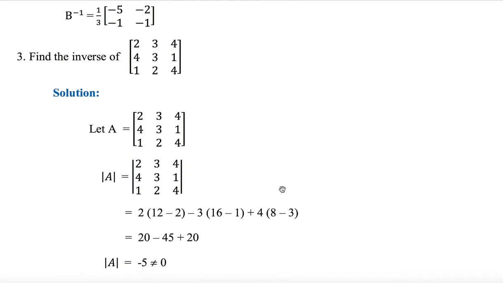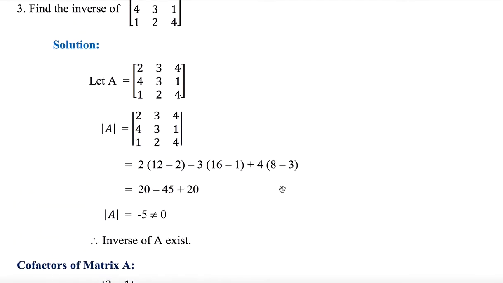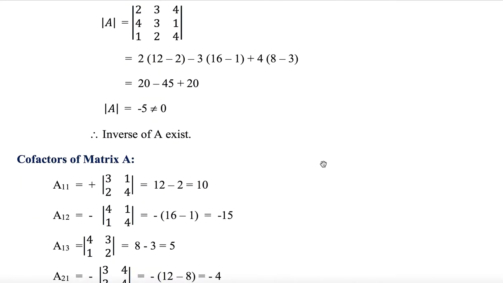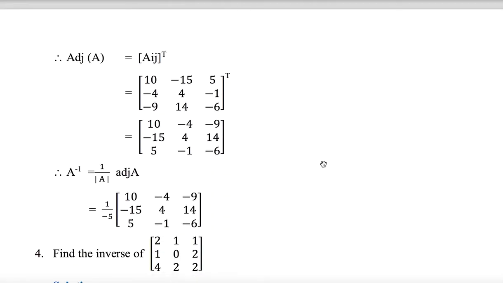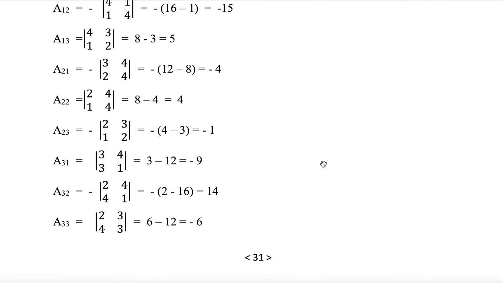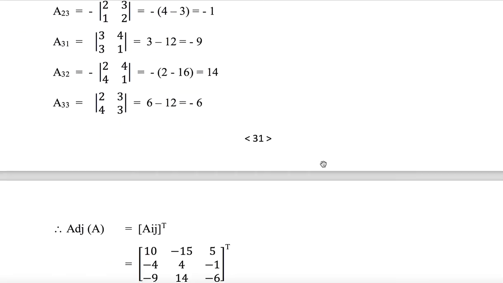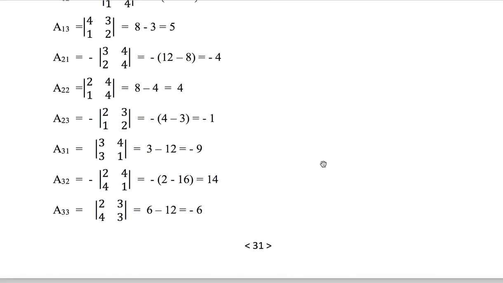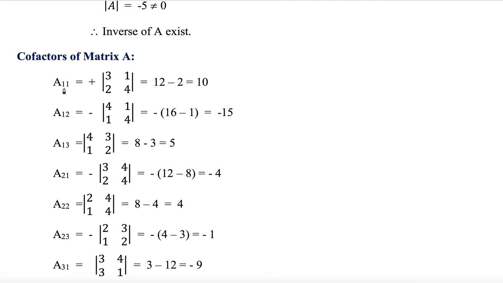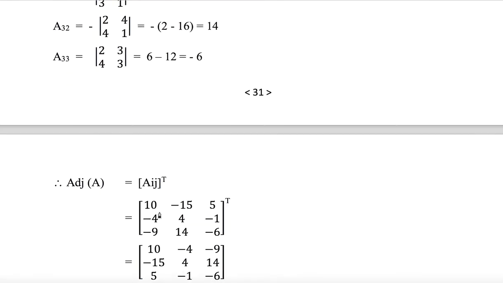Now 3 by 3 also, it's not complicated, even though it exists. First you need to find the cofactors of each element and then find the transpose. That is the best way. Otherwise, whatever cofactor you're finding, if you place it in the same place, you will get the adjoint, not to transpose at that time.